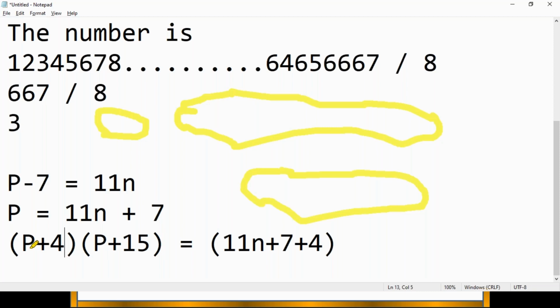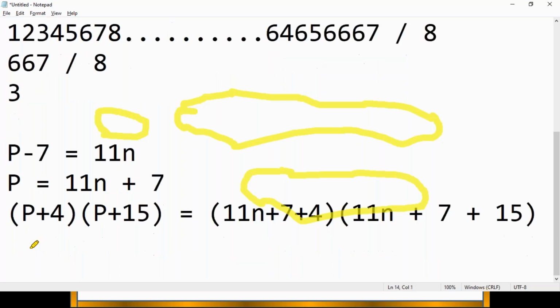And 11n plus 7 is the P value, plus 15. If we calculate this one,